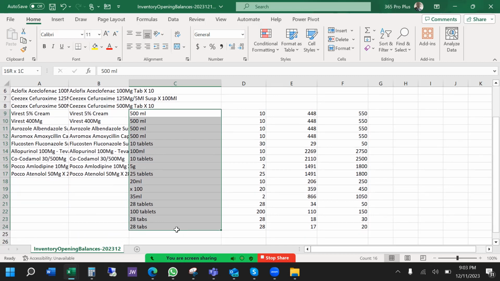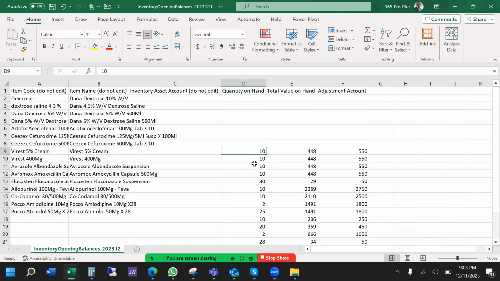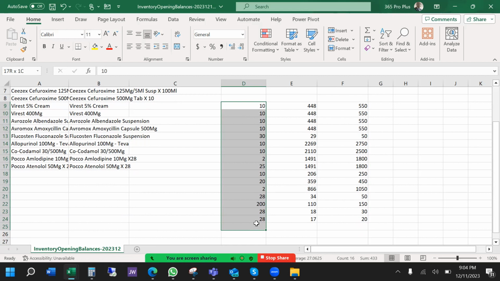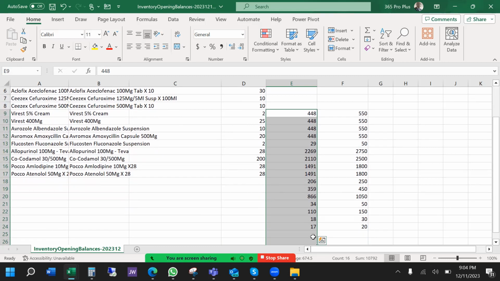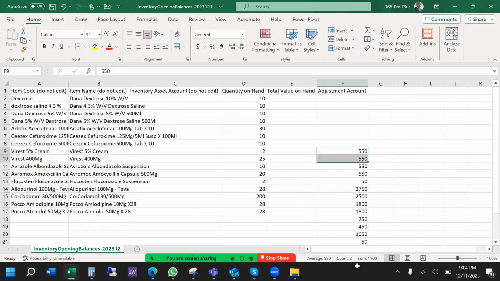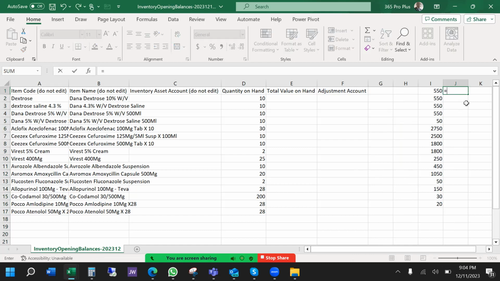Then I'm also putting in, okay, this is the inventory asset account. So I'm removing this, I'm adding quantity on hand. Then this is the value on hand, the market value, and this is the cost price. Okay, so this is the price. So I'll do a quick maths here. So this equals